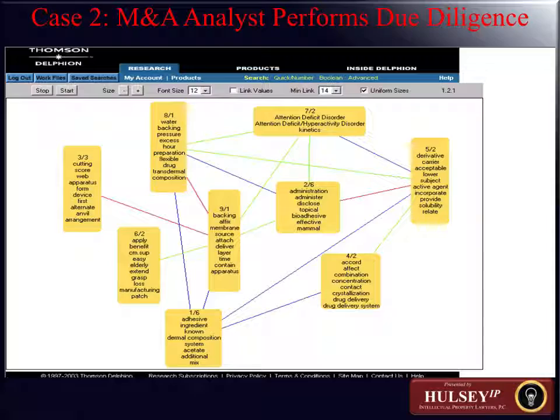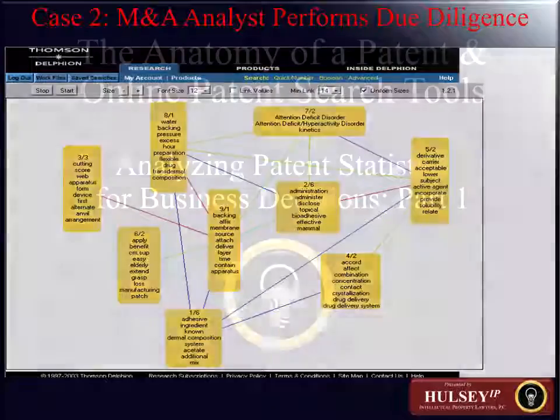And so we're seeing in this bibliometric measuring of the